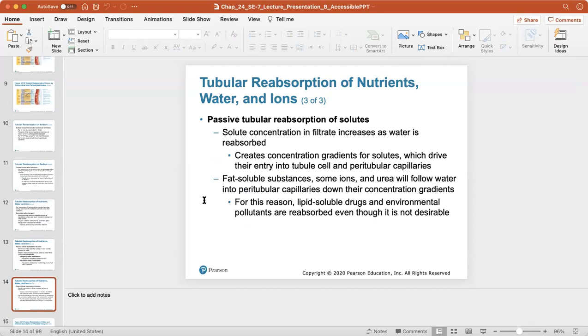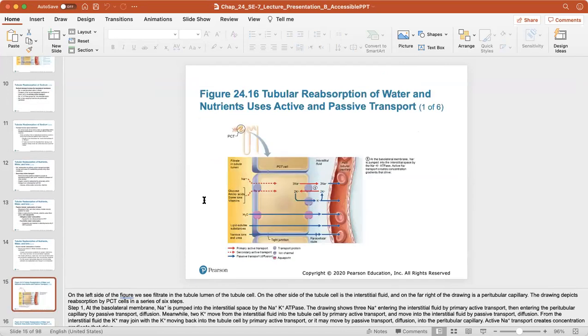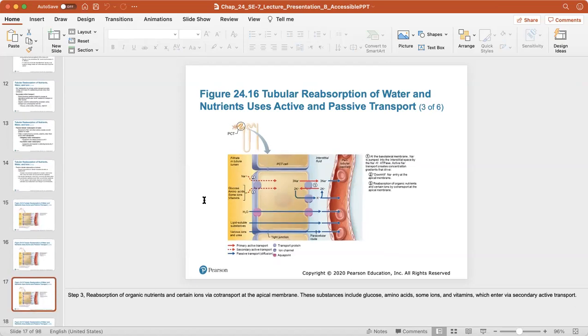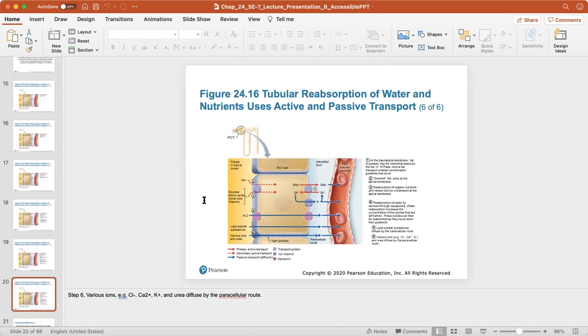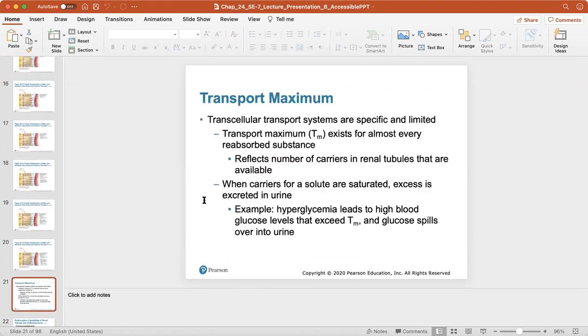The solute concentration in the filtrate increases as water is reabsorbed. So we have a solute concentration that drives their entry. Fat-soluble substances, some ions, and urea will follow water into the peritubular capillaries down their concentration gradients. And for this reason, lipid-soluble drugs and environmental pollutants are reabsorbed, even though it's obviously not desirable for your body. So we have sodium being actively transported, water and other solutes being passively transported back into the peritubular capillaries, which will surround the proximal tubule and the loop of Henle. So with that,